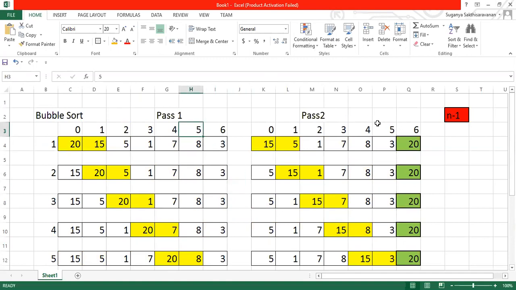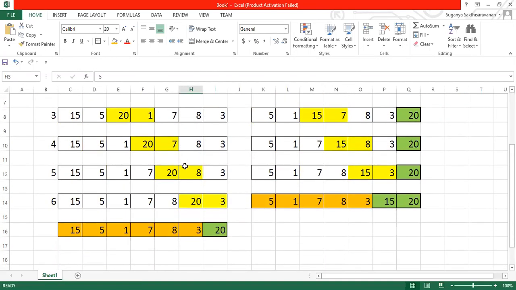Second time n minus 2, third time n minus 3, isn't it? Are you guys able to follow me? If I go till here, you can notice that I'm going to compare these two elements. It's not required to go till this point. So this is very much important. Here I'll go till this and I'll perform this operation, right? So n minus 1 iteration, n minus 2 iteration, n minus 3 iteration is going to be performed.